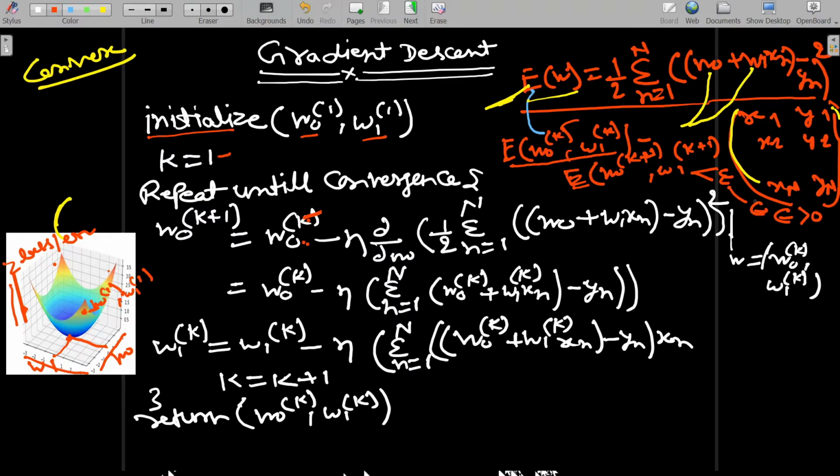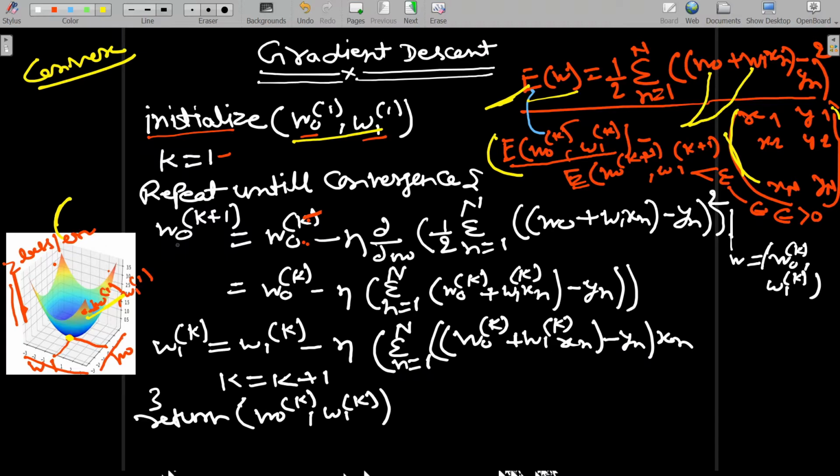So it is a sufficiently small number, and when you subtract these two subsequent errors, and that difference is less than epsilon, a sufficiently small number tending towards 0, then we can say that our gradient descent algorithm has converged. That means it has reached this particular point. If you see this graph, it has reached here. So now what we have to do: initialize, take the first point, which can be anything. I have taken this one. Repeat until convergence. I have explained what this convergence is.